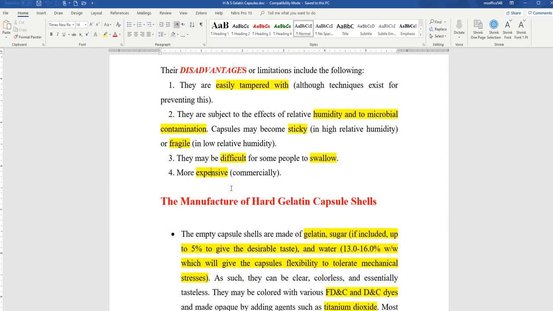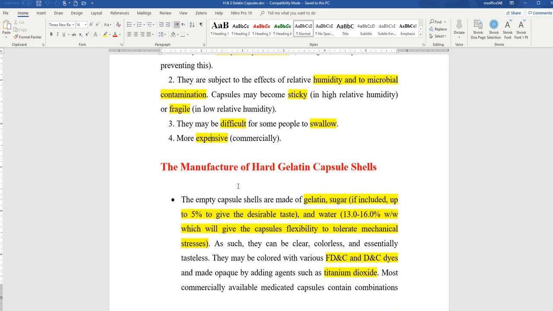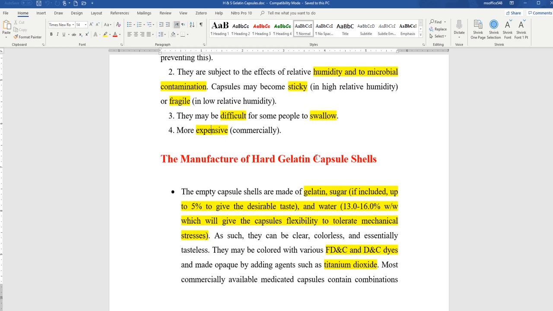Okay, so far we described the hard gelatin capsules as two-piece capsules. We defined capsules as unit solid dosage form. We talked about the advantages and disadvantages of hard gelatin capsules. Now we want to talk about the manufacture of capsule shells. Remember, just a while ago I told you that